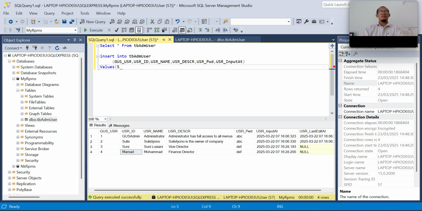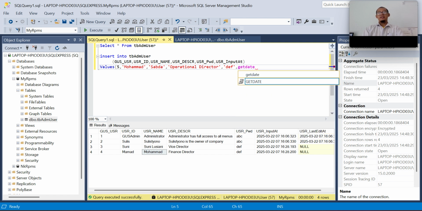For example, I give the value 5, Muhammad, password, user input.